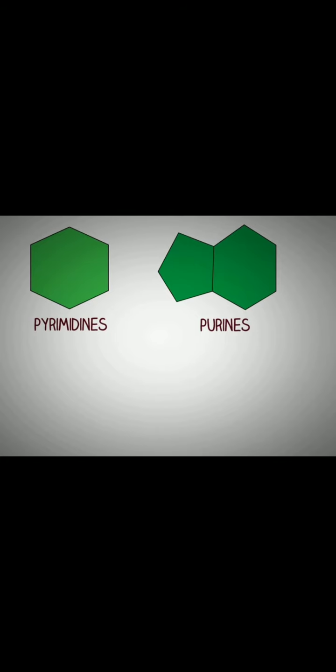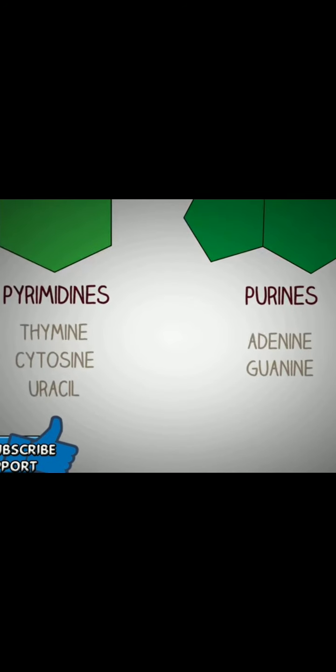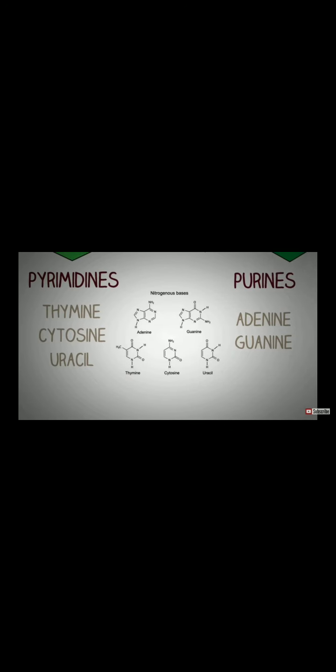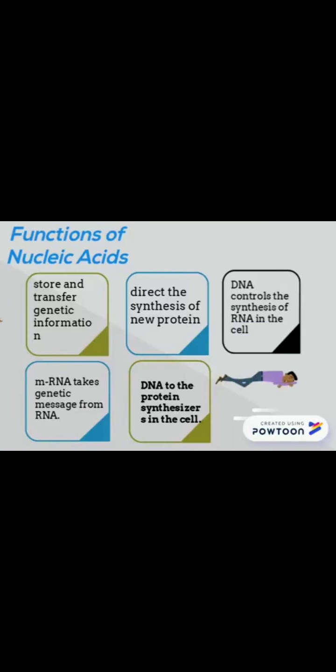We have three different types of pyrimidines. They are thymine, cytosine and uracil, and we have two types of purines. They are called adenine and guanine. As you can see, the purines are double ring structures like adenine and guanine. Due to the double ring, purines are larger compared to the pyrimidines. The pyrimidines are single ring structures and they are smaller than purines. The difference in size of the bases is very important because it helps pair these bases properly in the structure of DNA. So now let's discuss the function of nucleic acids.